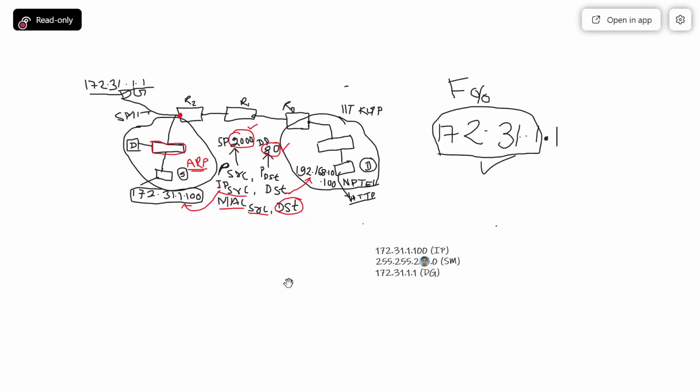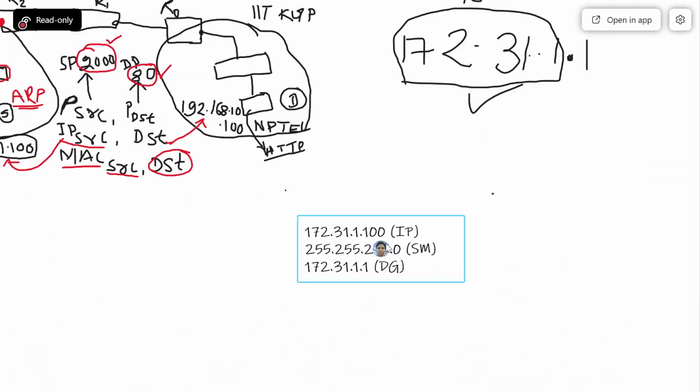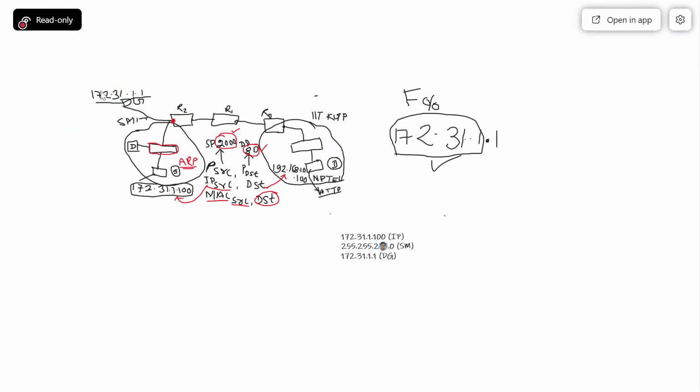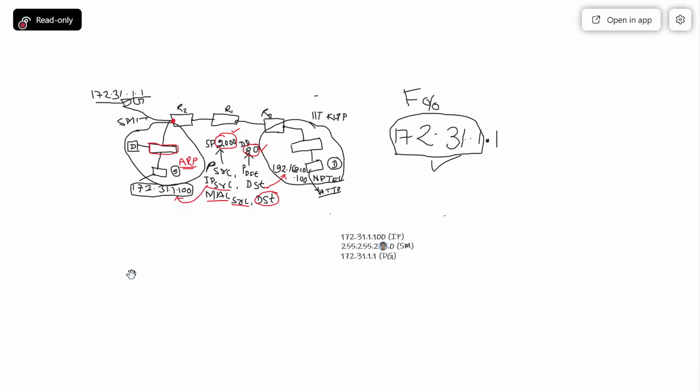So what the ARP protocol does is that it asks who is 172.31.1.1. So instead of running ARP for the destination, it will run ARP for the default gateway.